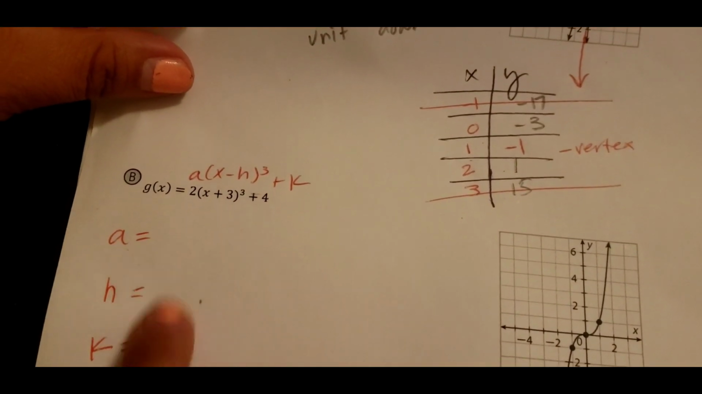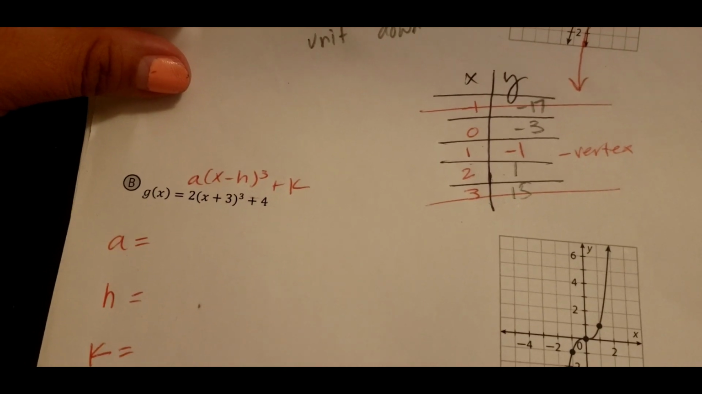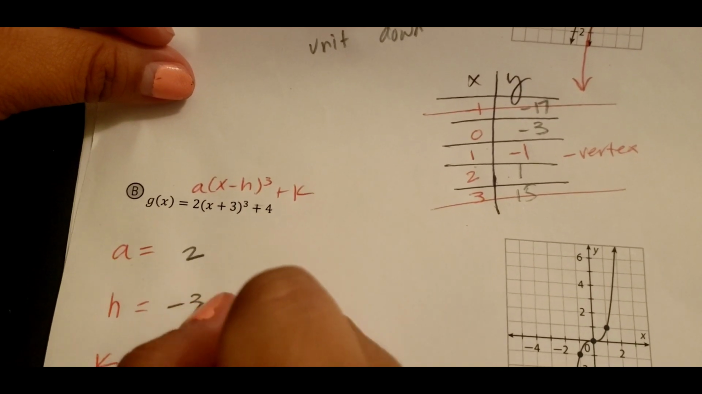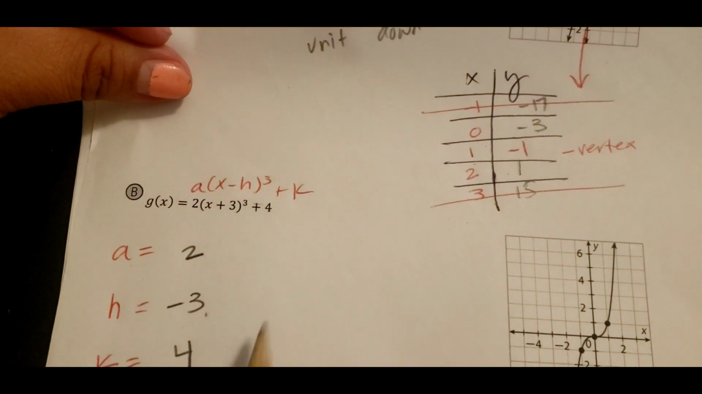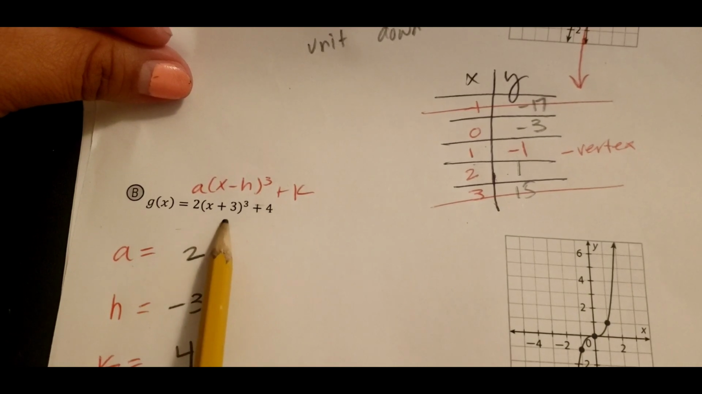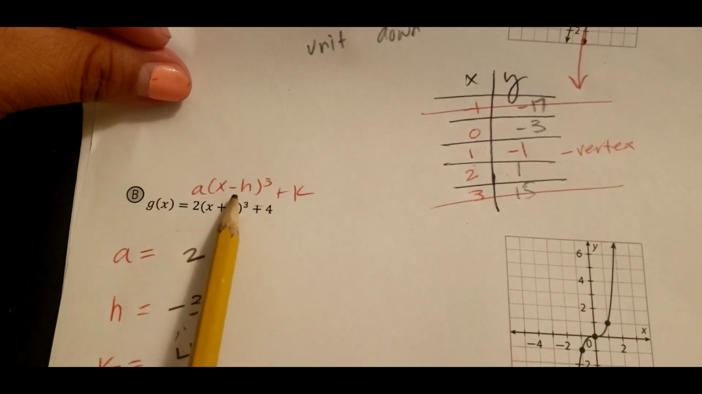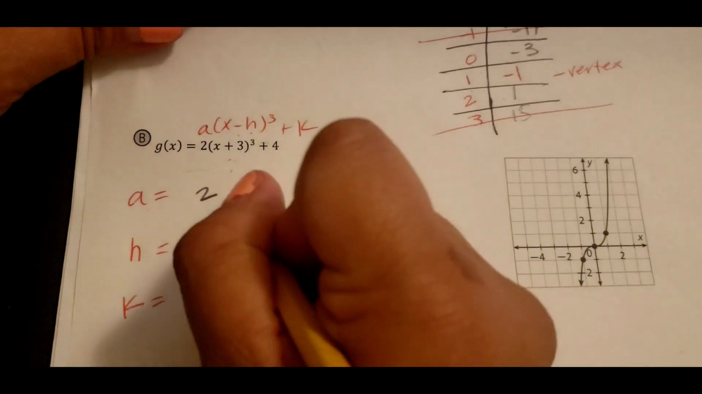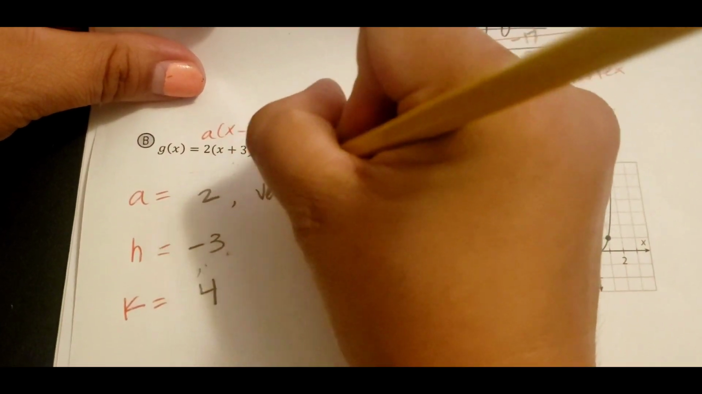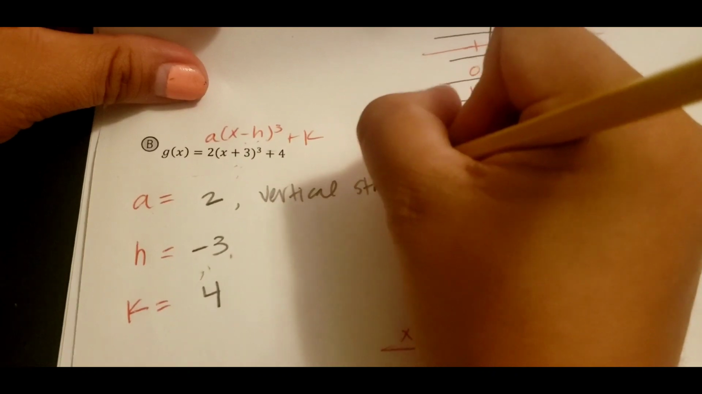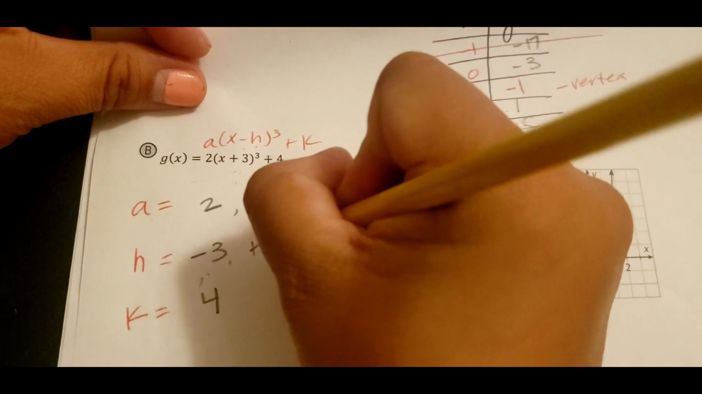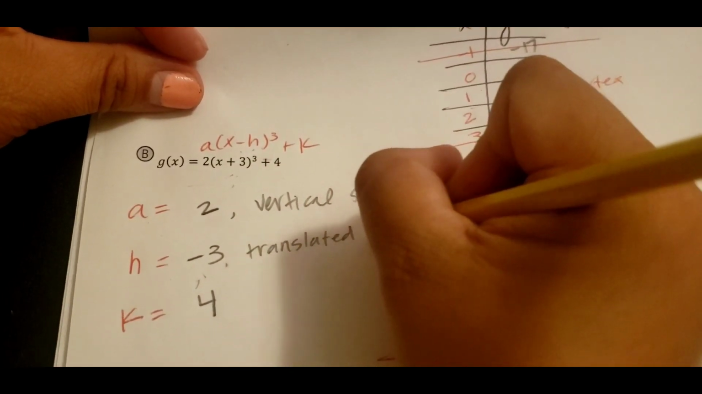All right, so let's identify our values, a, h, and k, okay? According to this, a is 2, h is -3, and k is 4. Remember, the only value that is going to be the opposite is your h, okay? Because it's negative, so they must have plugged in a -3 and then came out with a positive, okay? All right, since a is 2 and it's greater than 1, then basically you're going to have a vertical stretch, okay? And h is -3, that means it gets translated 3 units left,